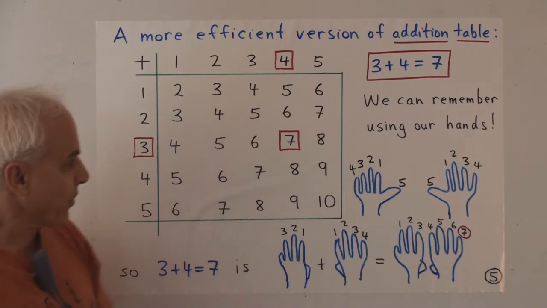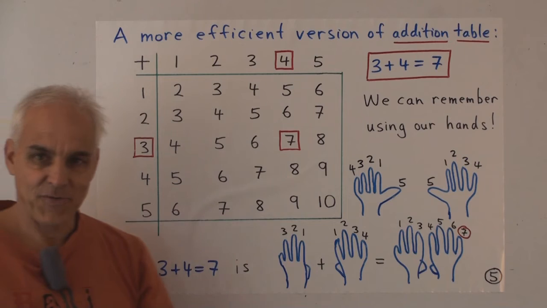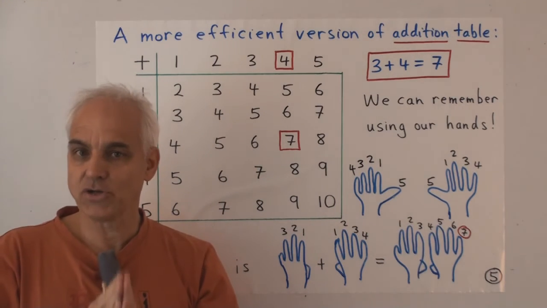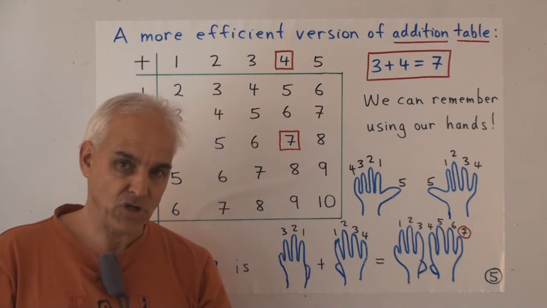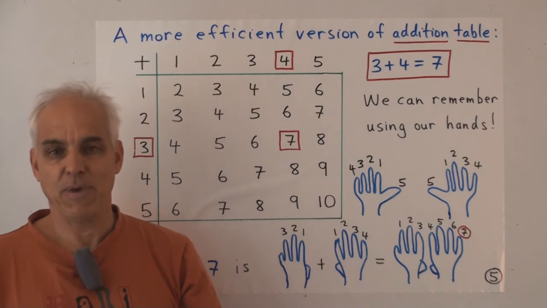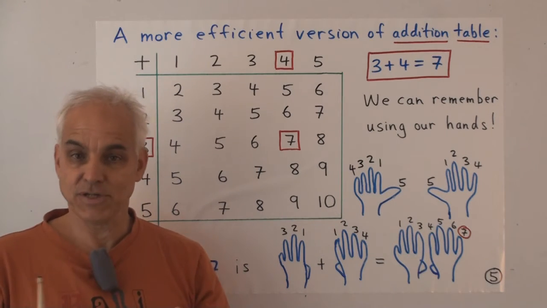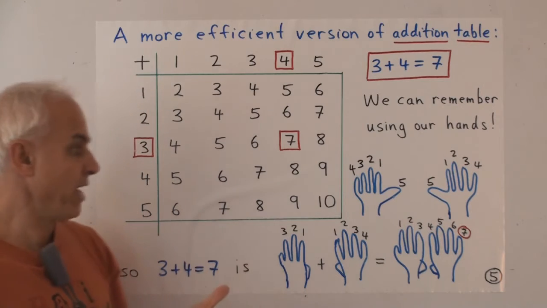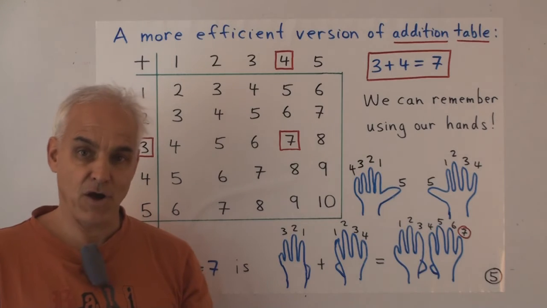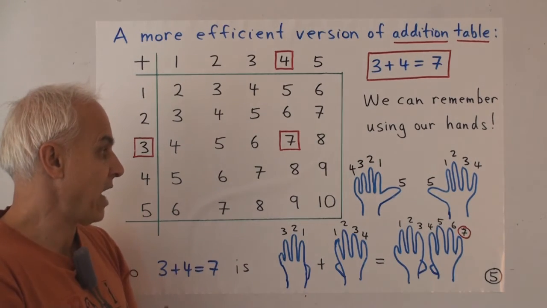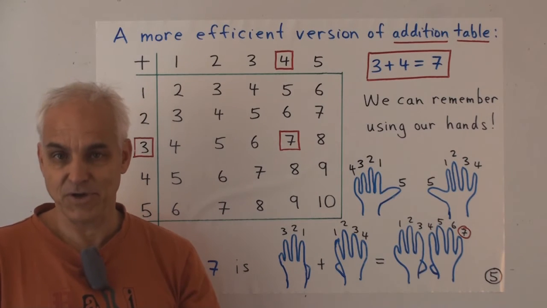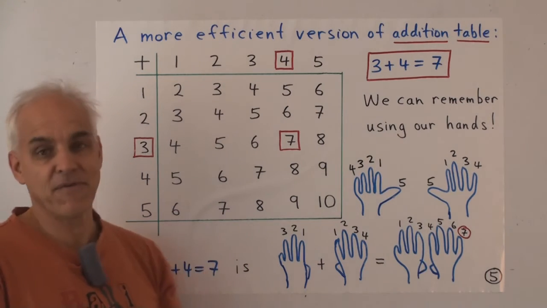Okay, so students of course have to learn this, and they have to find some way of putting that in their long-term memory. And that's a very important job for teachers and for parents. You might use cue cards, and you might use lots of examples, you might use your hands. And I'd like to point out the usefulness of thinking about our hands as a way of encoding or perhaps allowing us to calculate such simple sums, especially for young people, if they've forgotten it.